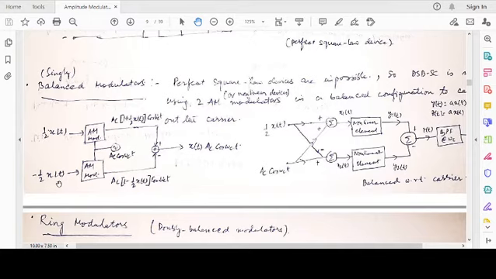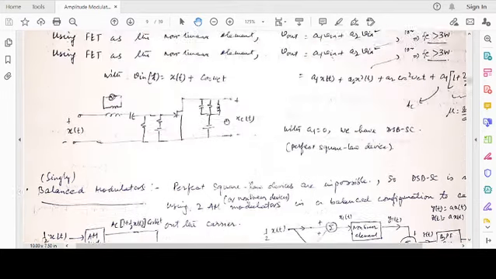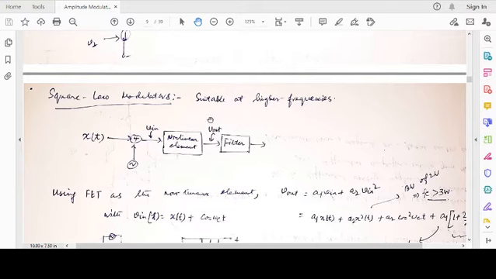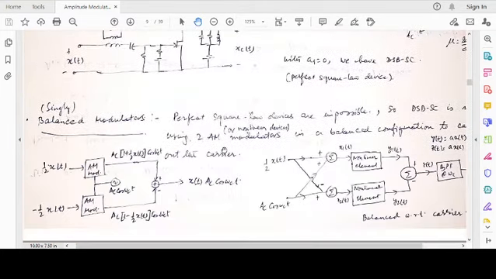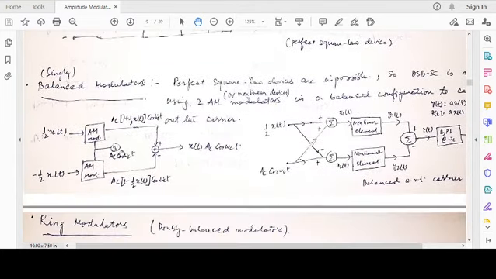So use a BALUN whose input is xt and the output becomes the differential. That is fed to the amplitude modulator. Each such amplitude modulator is basically one such square law device. This kind of square law modulator need not be ideal. So you have AC cosine omega ct, the carrier signal. Once you multiply them together, you have AC 1 plus half xt cosine omega ct, and here you have AC 1 minus half xt cosine omega ct.